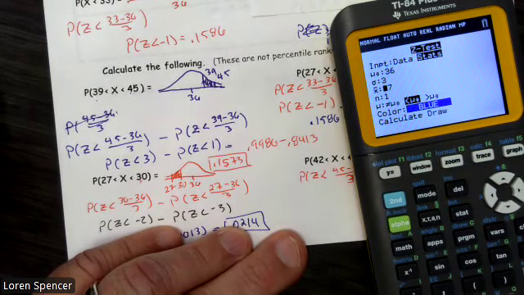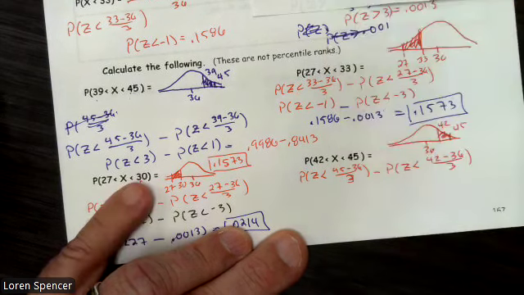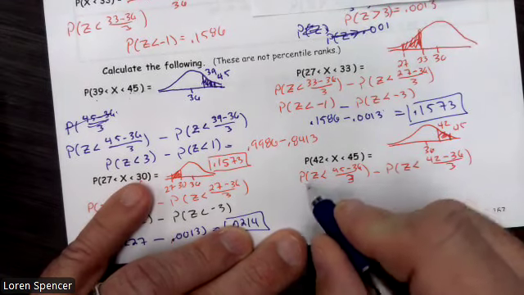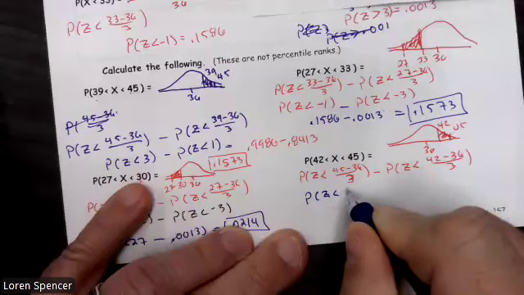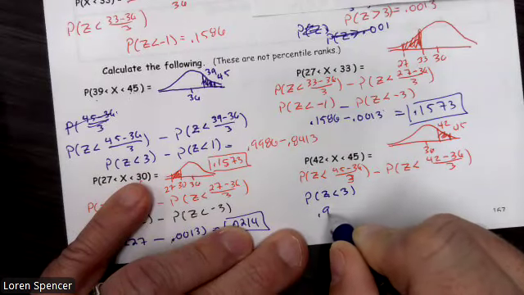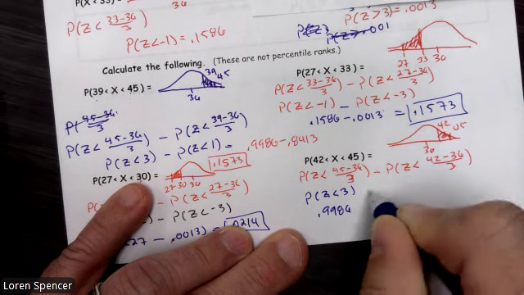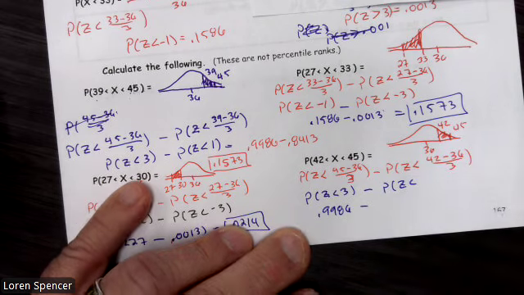This is 45, mean 36, and we're at 3. So the probability that Z is less than 3, and we get 0.9986 minus the probability that Z is less than